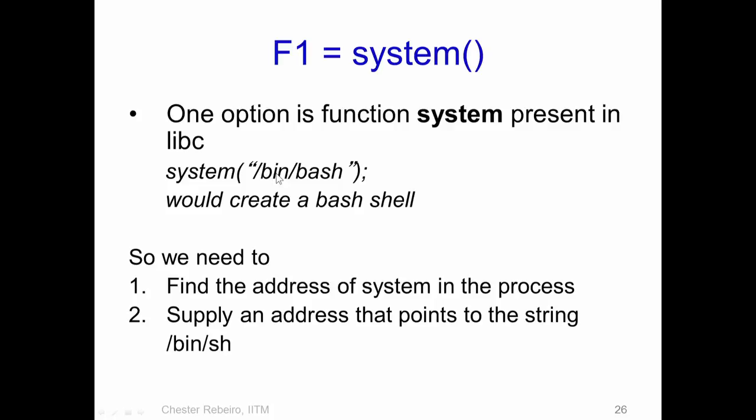Next, he needs to somehow pass an argument to this in order to run a program. So, suppose, let us say, if we are continuing the example we saw in the previous video, where the attacker creates an exploit which executes a shell. So, in this case also, if the attacker wants to execute the same shell, then in addition to finding the system function's address in the memory space, the attacker would somehow need to pass this particular string /bin/sh as a parameter to the system. So, this means that the attacker would need to find an address that points to the string